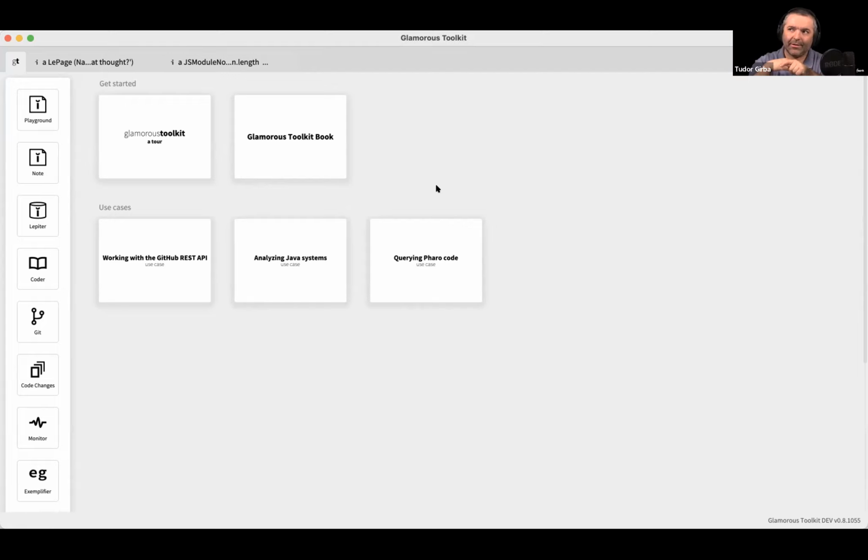Yeah, it's just that we thought originally that we were going to add Lepiter on top, and then it turns out that it became the core. Glamorous Toolkit is our exploration of what the development experience can be. Then we took a look at the noise around tools for thought, and we wanted to see if there's anything we can learn from that.